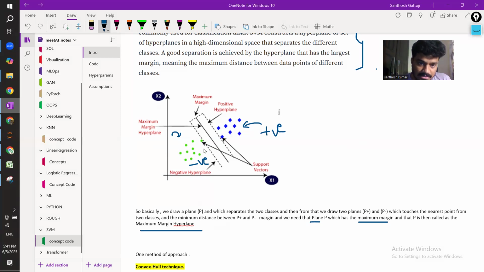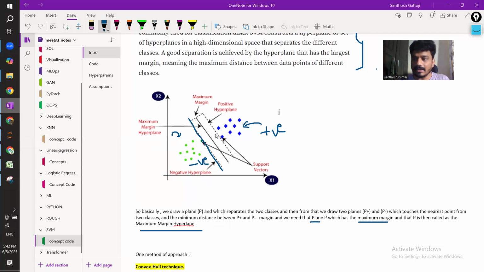In this particular data set, the negative data set, there is one point which is at a far distance from all other points. That means the closest point to the other data set, and the same vice versa. For example, this is the point. We will draw a plane which is touching this point,